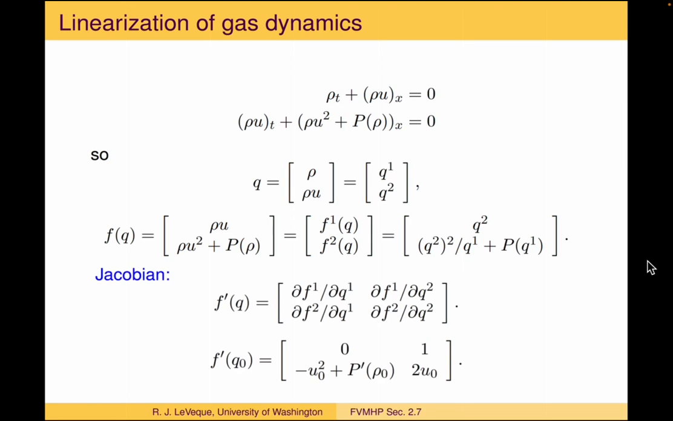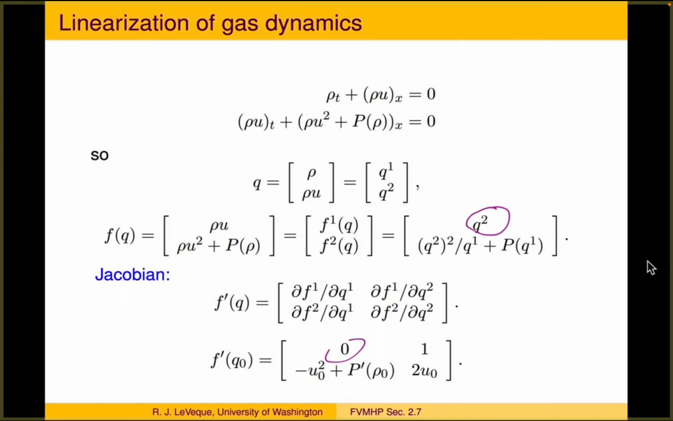And now to calculate the Jacobian, we have to take this flux function where things are represented as F1 of Q and F2 of Q and differentiate F1 with respect to Q1, F1 with respect to Q2, and so on to get the components of the Jacobian matrix. And so when we do that, when we differentiate Q2 with respect to Q1, we just get a 0. And when we differentiate Q2 with respect to Q2, we get the 1. And then from the second equation, when we differentiate this term, Q2 squared over Q1, with respect to Q1, we'll get